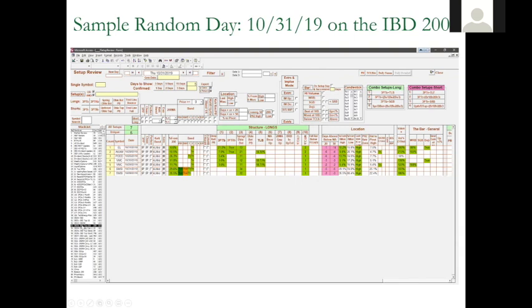So for example, this is 1031. I picked a random day, 1031. And somebody in the audience picked another random day, but we'll look at the random day that they picked in a few minutes. I just want to show you what the program looks like. So you pick the stock list, you pick the day, and it'll tell you all of the setups that occurred